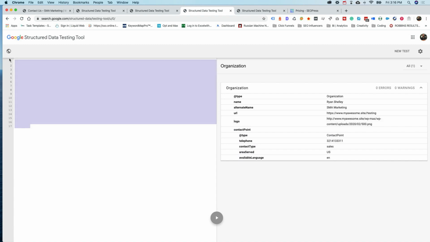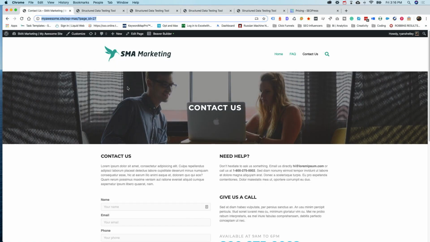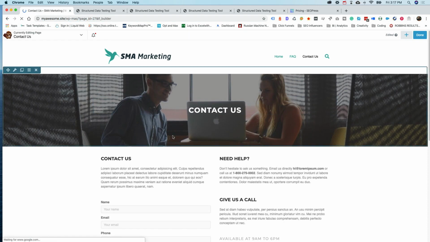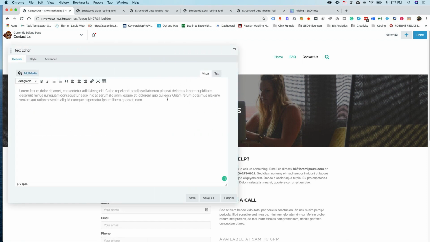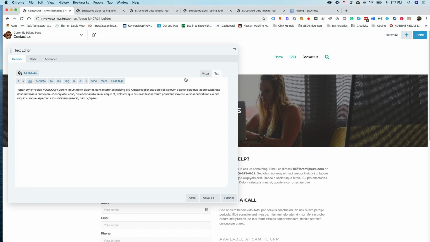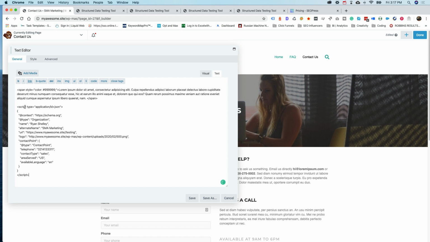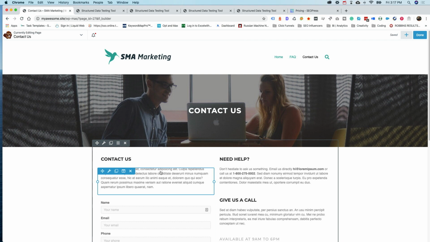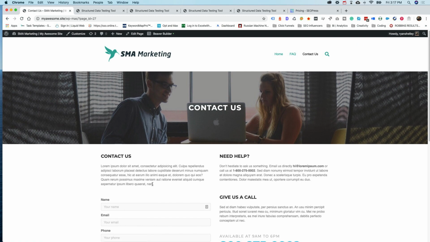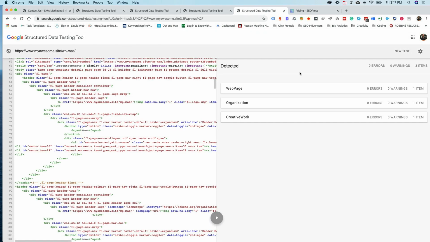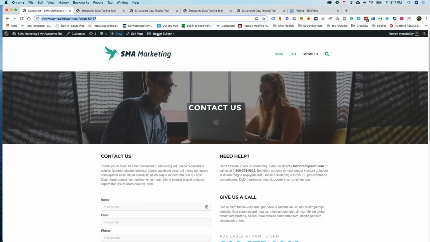What we would do is take this code that we created and go to our page. This page is built with a front-end builder, so we can just drop code right into it. We'd open the page up. As you can see here, it's just a text editor. I don't want to just drop the JSON in here because it would actually show up as text. I want to drop it somewhere like this where it's adding the markup into this area, and I can save it. You won't see it because it's just code. I go ahead and hit done. Again, you don't see anything, but it's now living behind here and Google can see it. Now, if I went over here and tested this page,